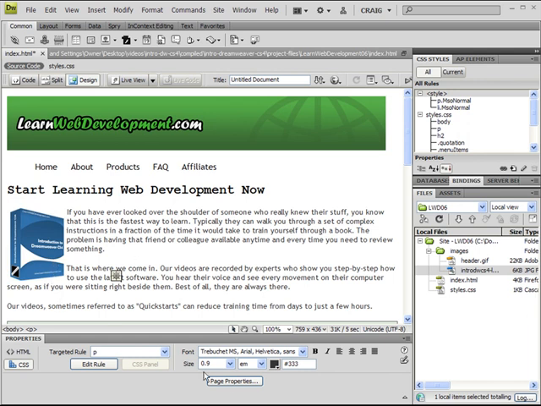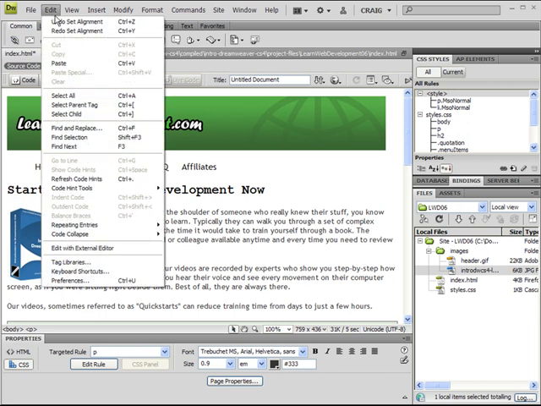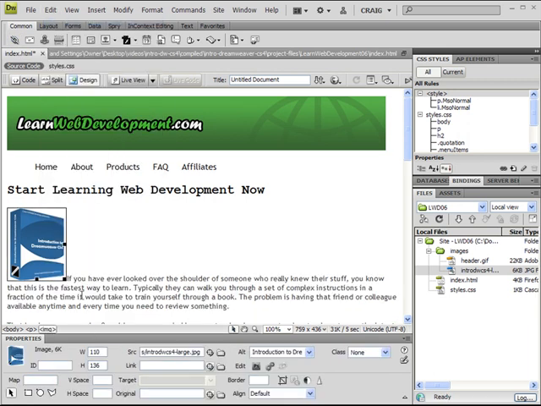So let's undo what we just did. We'll go to Edit, Undo Set Alignment. So here we have it to the left again. And I'm going to edit the CSS for this. Now you'll notice that when we have an image selected instead of just a cursor in text, we don't have a CSS button down here in our Properties panel. However, we can use our CSS Styles tab or panel up here at the top in order to create some